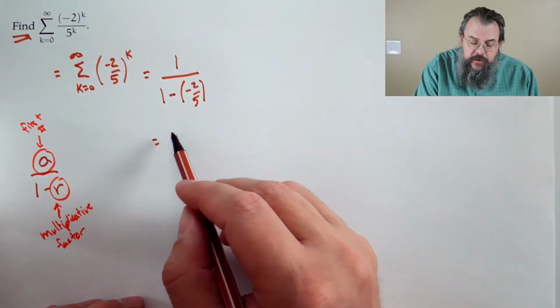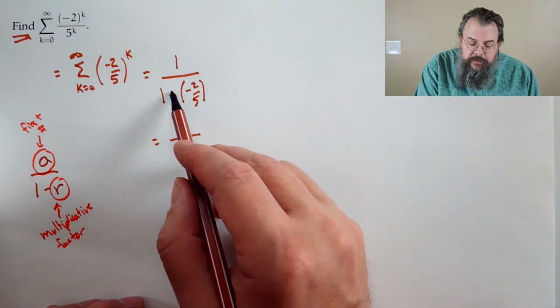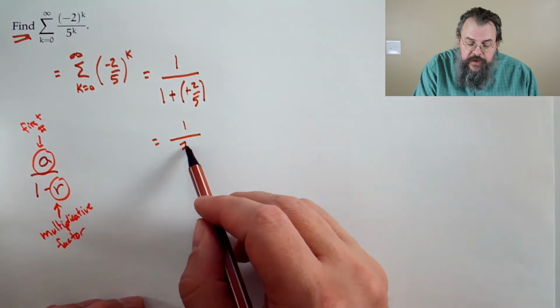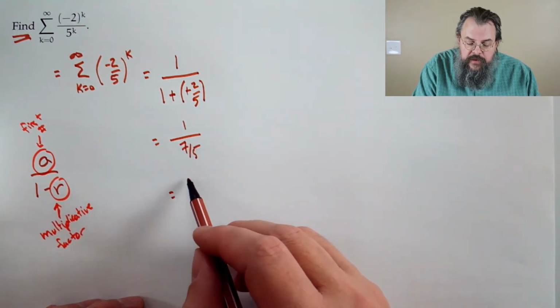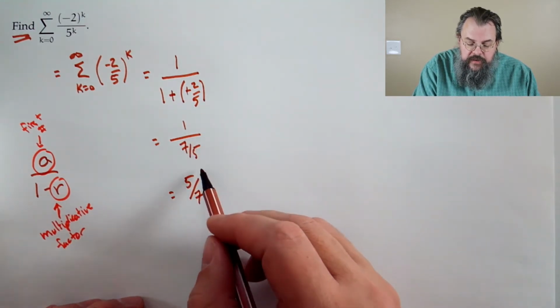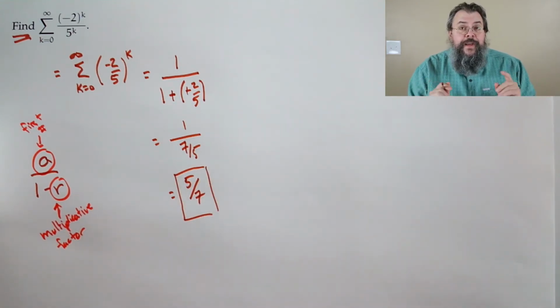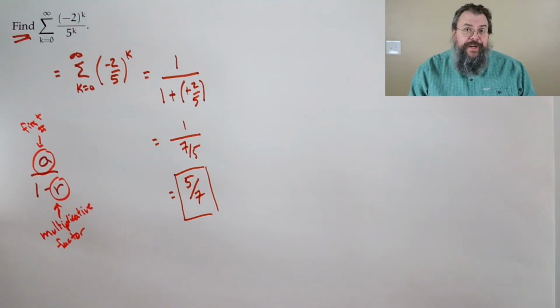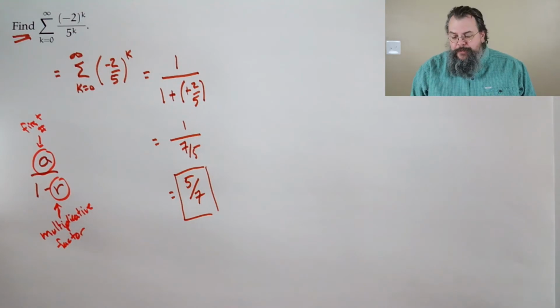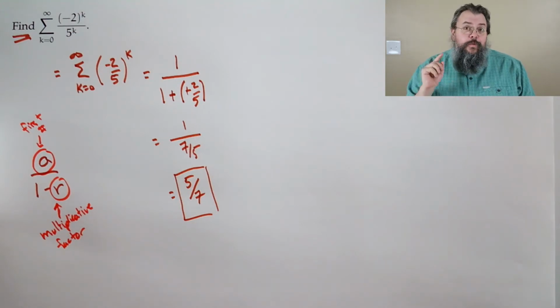That's really 1 over, minus makes a plus, 7/5, which makes it 5/7. And we're done. Now, there is one thing we should have done, and we probably did it up here, but let's at least express it. And that is, did we,